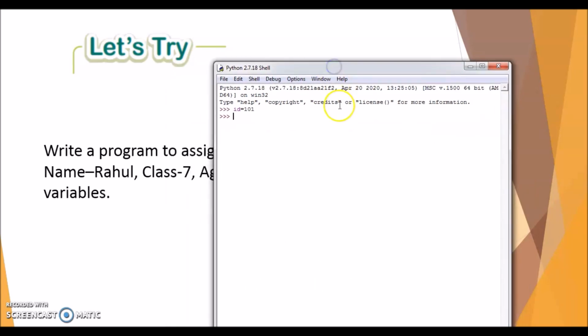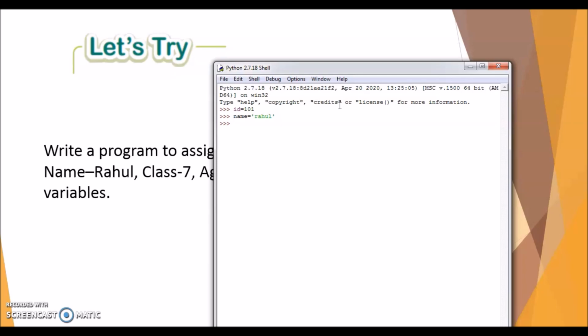Next is the name. Name equals, here Rahul is a string, so always remember the string should be in single quotes or double quotes. It's your choice; I'm just using single quotes. So 'Rahul'. Then class.